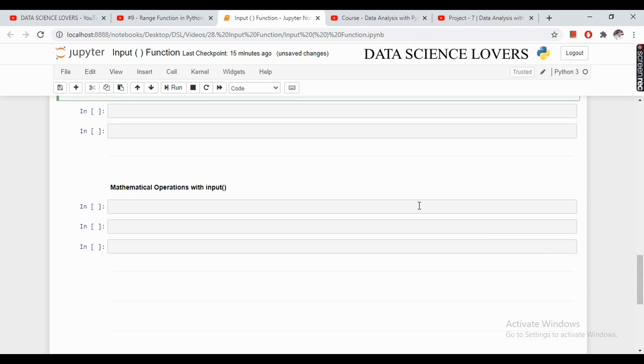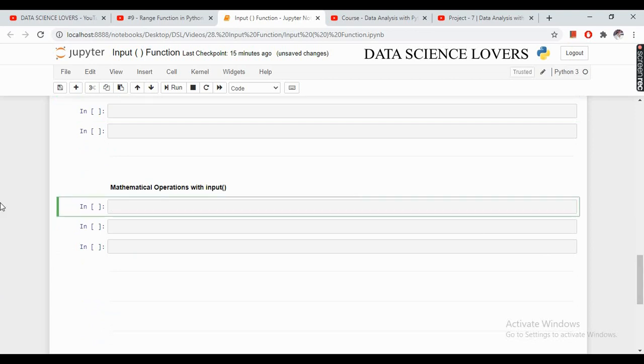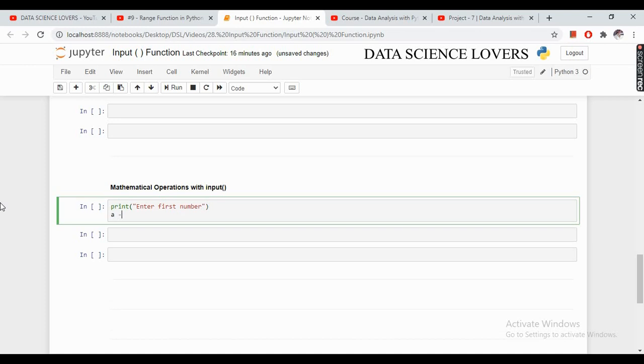We can also perform mathematical operations with the input functions. To perform mathematical operations, first we have to take the inputs from the user like this. The user will enter the first number, which will be saved to the variable a, and the input number will be in the form of an integer.